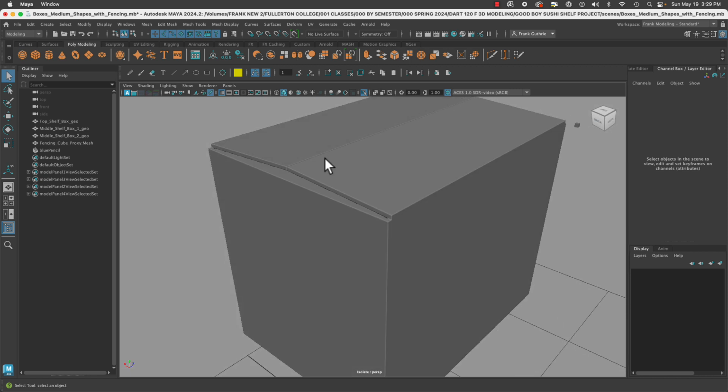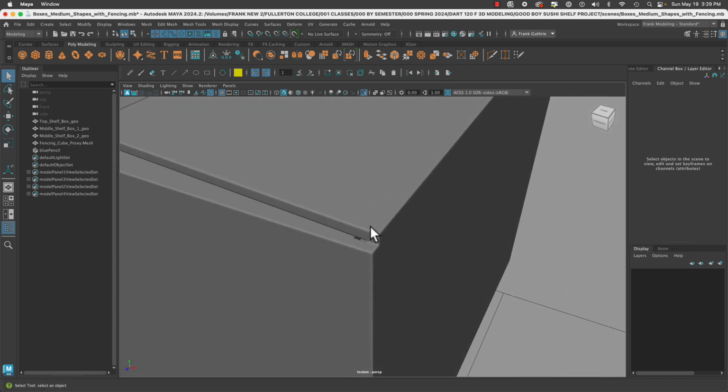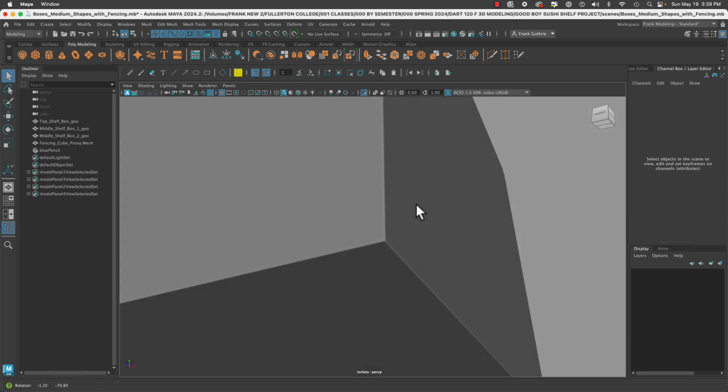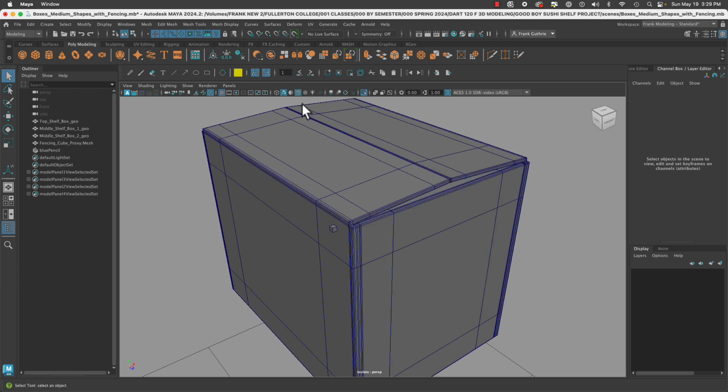Okay. So now when I go to 3 and I hide my wireframe unshaded right here, you will notice that we have a great beveling. We have that gap that most boxes have right here. And we have the same sharpness all the way around. And this is how you create